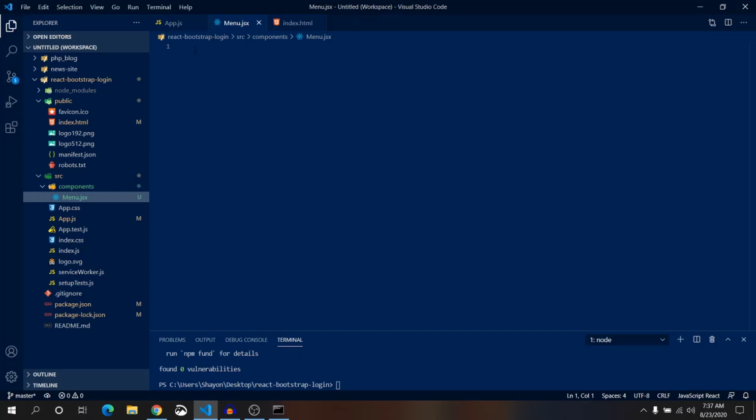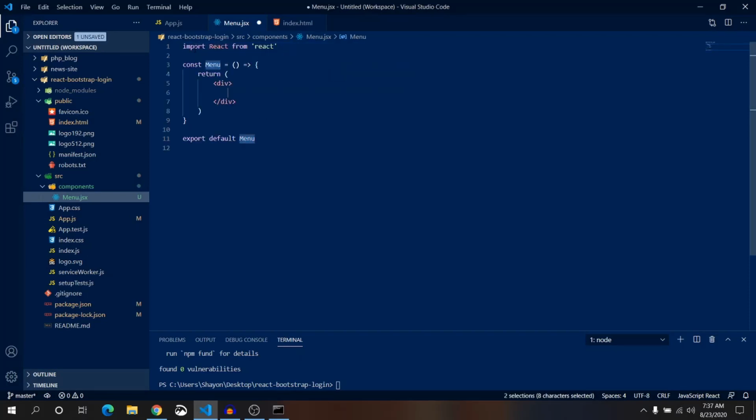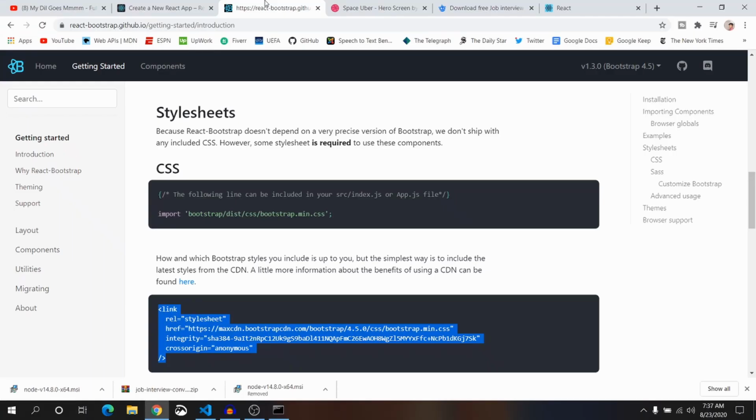Okay. Now we are going to make a simple menu. Let's make it. Just write rafce. Press tab. That way it will give us a simple component. This will be a function based component, and it has given us the arrow function, and inside it we are going to write a simple menu here. Okay.